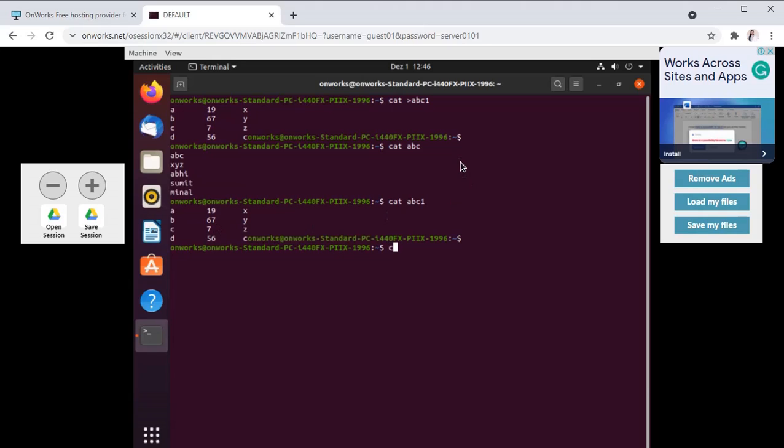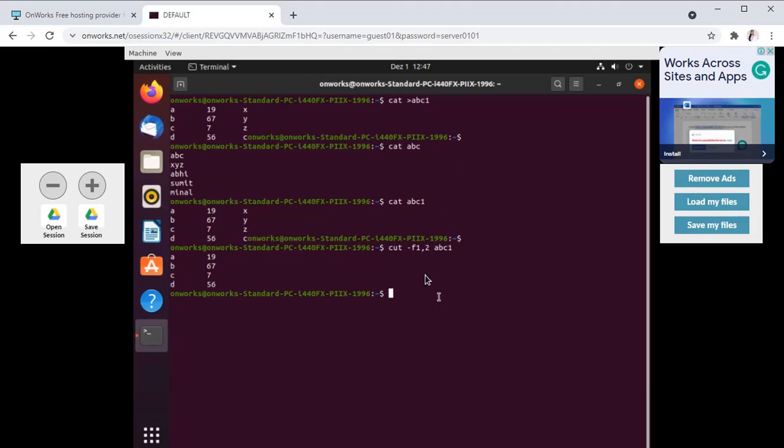Write cut minus f 1,2, column numbers 1 and 2 from the abc1 file, enter.